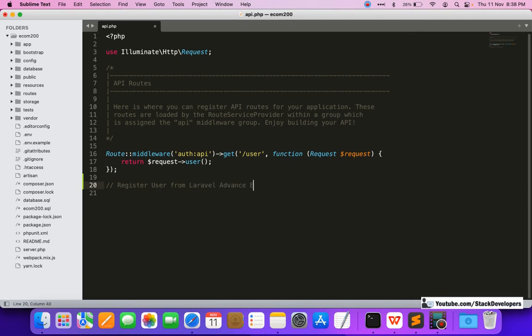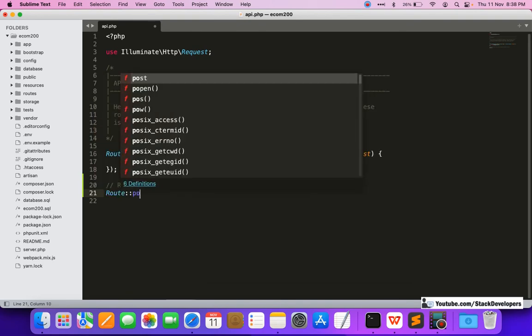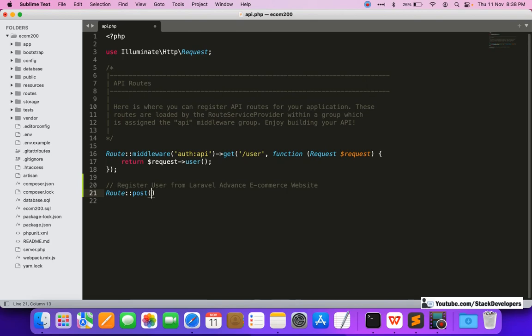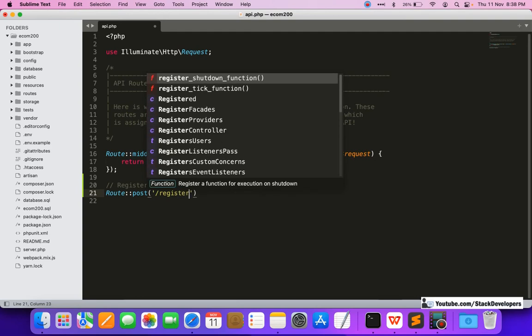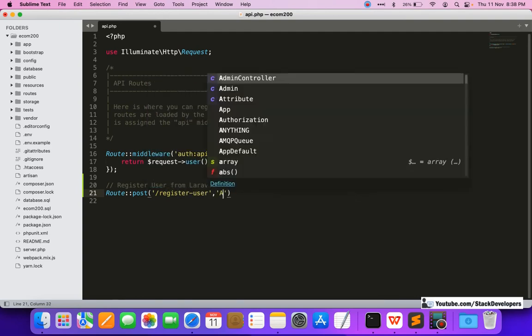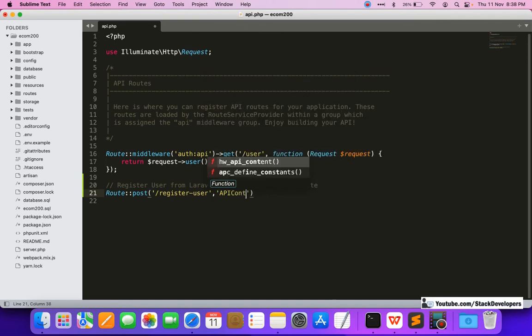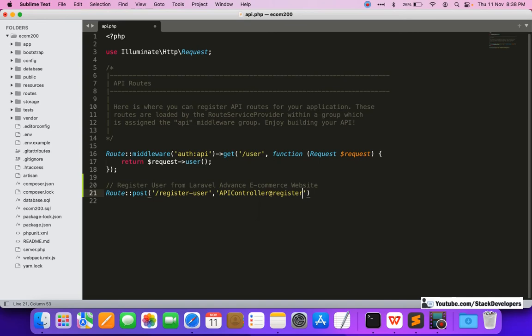We will add here post, because we want to post the user. Register user. And here we are going to create this API controller in the basic e-commerce series to register the user, like this.